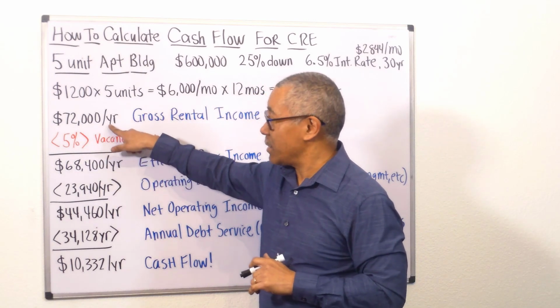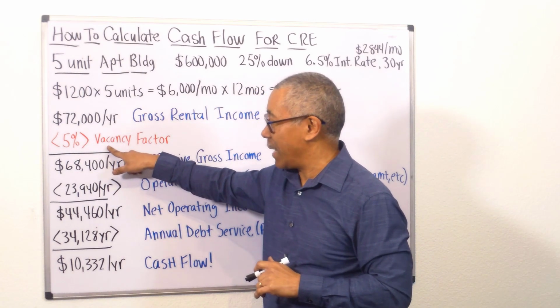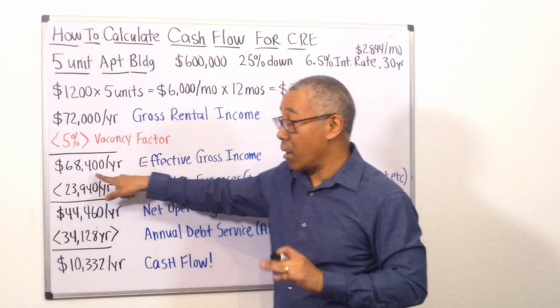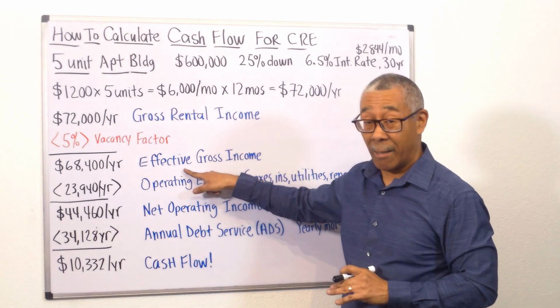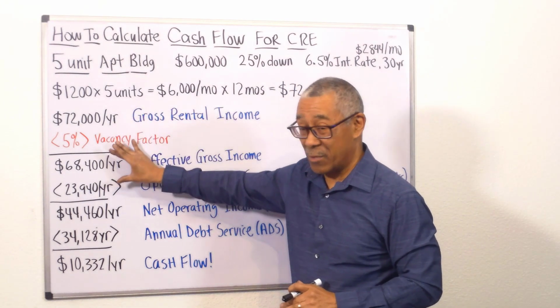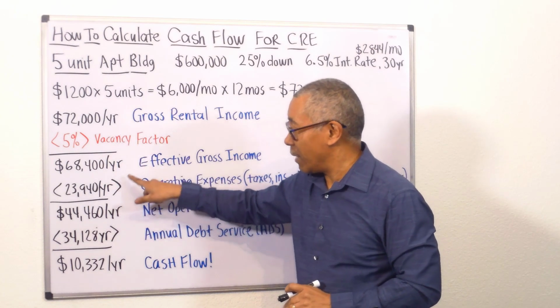Okay, so $72,000 minus the vacancy factor of 5% equals $68,400. We call this number the effective gross income. Okay, so effective gross income is gross rental income minus vacancy. All right, now from your